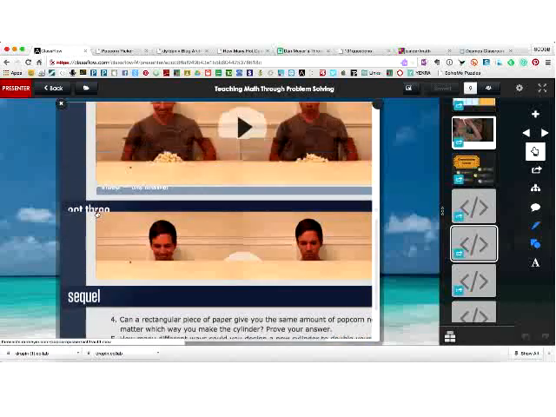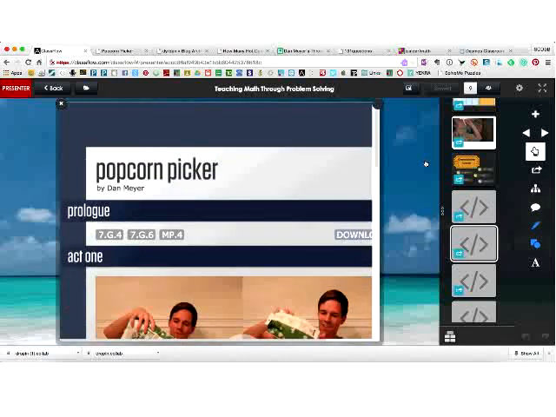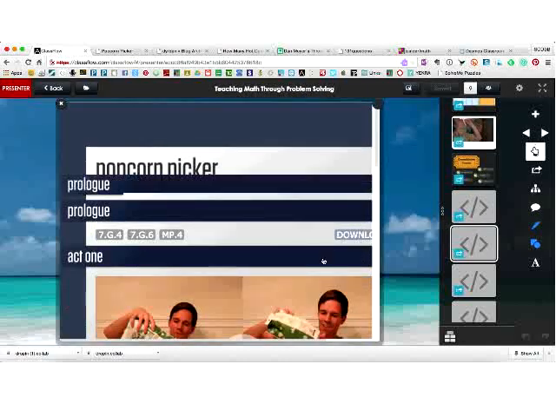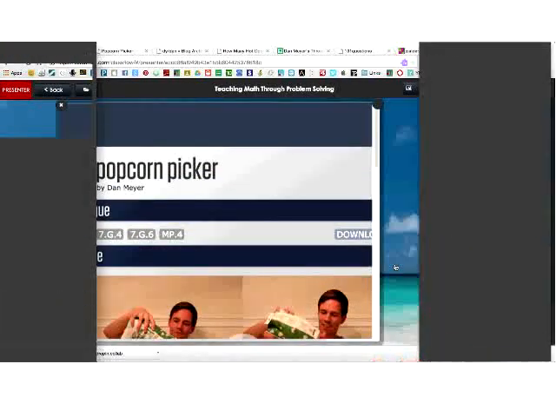And all the materials we needed were right here, other than consolidating what I wanted them to get out of it, which was actually using a formula for volume and comparing. So that was another great problem.